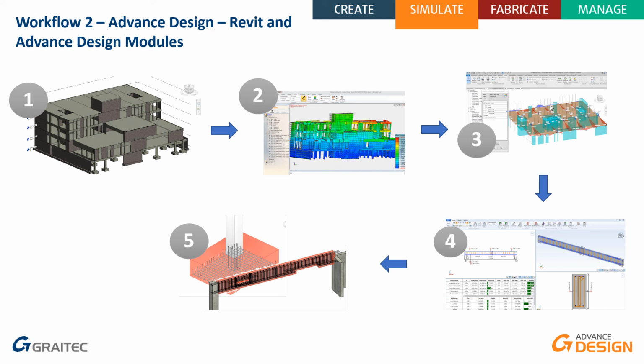And in the Advanced Design module, it will be possible to make the design locally of structural members, and export again with the GTCX format the 3D rebar cage generated in this local application to Revit. So it will be possible to bring back the 3D rebar cages coming from the Advanced Design module to reinforce groups of elements. What is interesting here is that we can bring back an external cage coming from an external application, in this case the Advanced Design module.